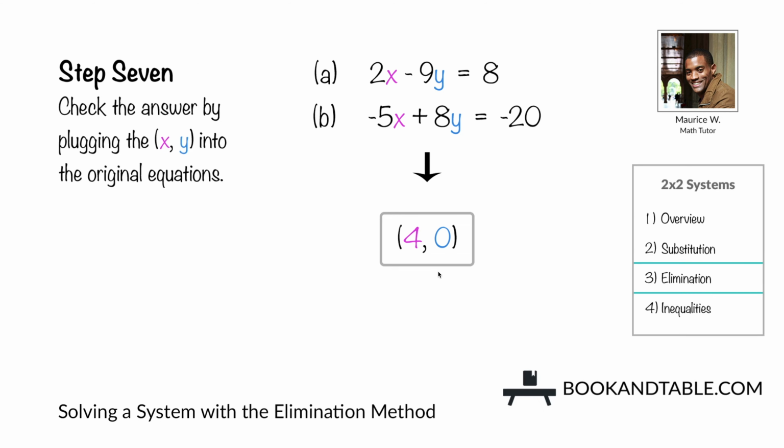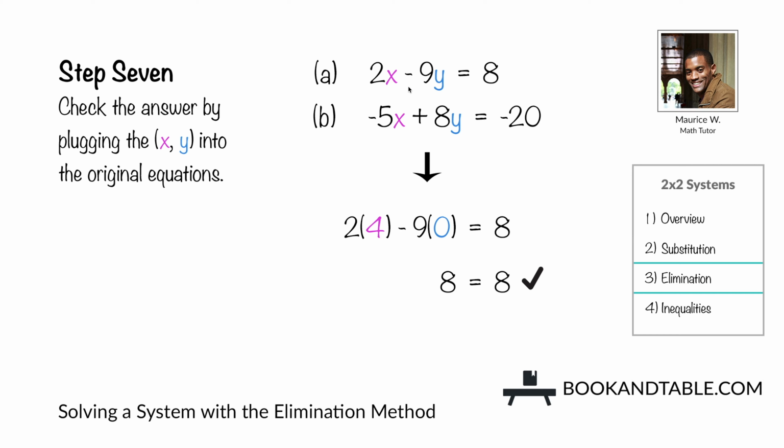And now you can check the answer by plugging the x and y into the original equations to confirm that x is equal to 4 and y is equal to 0 in both equations. So starting with equation A, 2 times 4 is equal to 8, minus 9 times 0, which is 0, is equal to 8. 8 is equal to 8 confirms that for equation A, x does equal 4 and y does